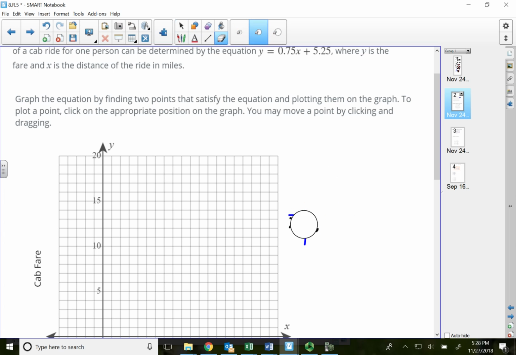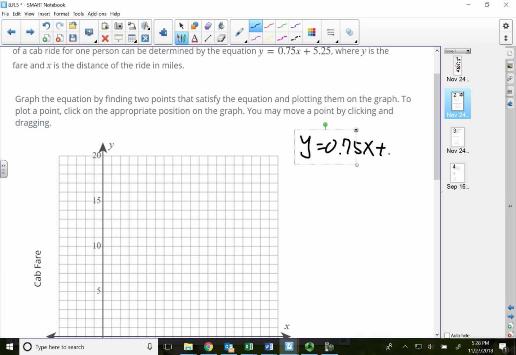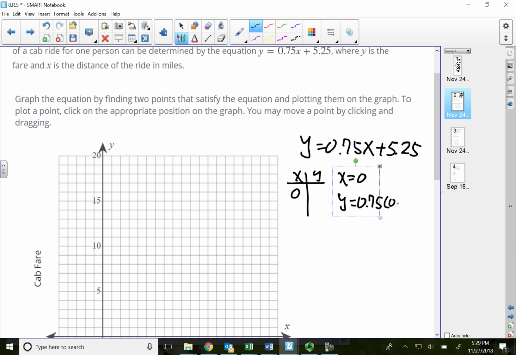Let me just write it. Let me rewrite it. y equal to 0.75x plus 5.25. So this is written in slope intercept form, so I'm going to pick x. What do I pick for x? I'm going to pick 0 for x again, like I did earlier. So when x equals 0, substitute into my equation, that's y equal to 0.75 times 0 plus 5.25,